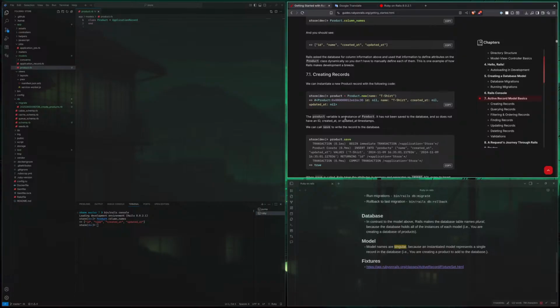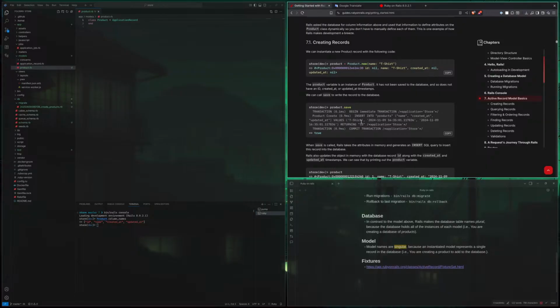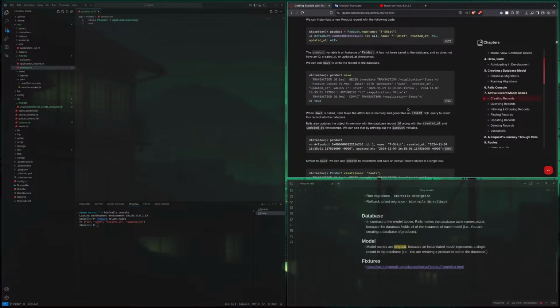The product variable is an instance of Product that has not been saved to the database, and so it does not have an ID created. Yeah, I'm pretty smart. We can call save to write it. Okay, so you have to write save. When save is called, Rails takes the attributes in memory and generates an INSERT SQL query to insert the record into the database.